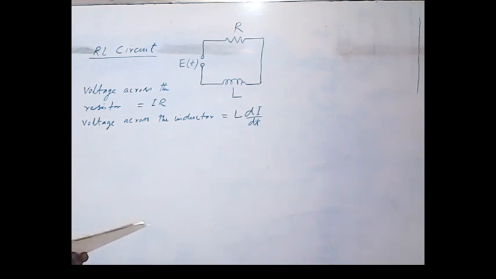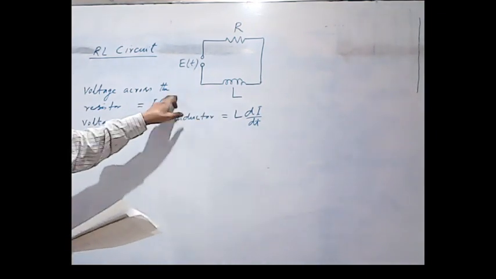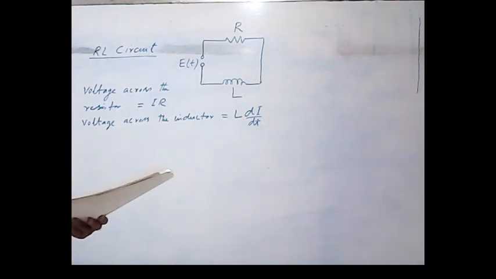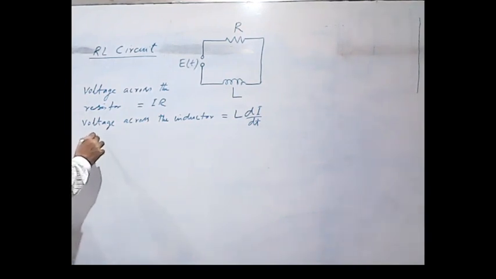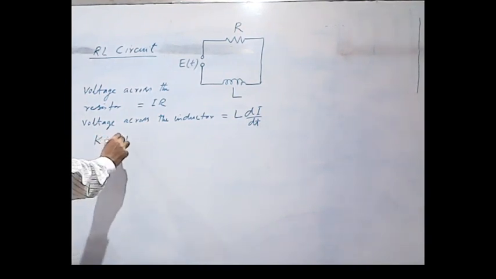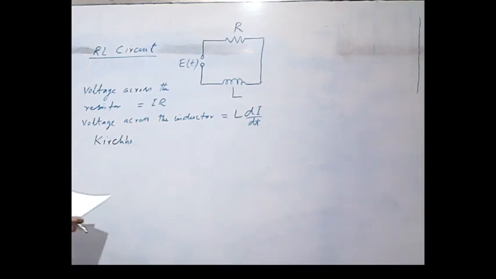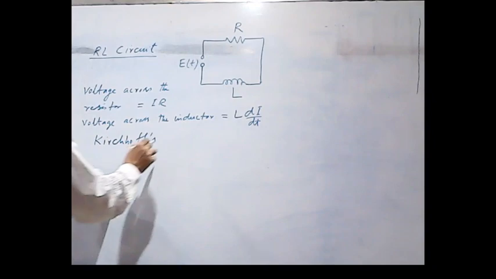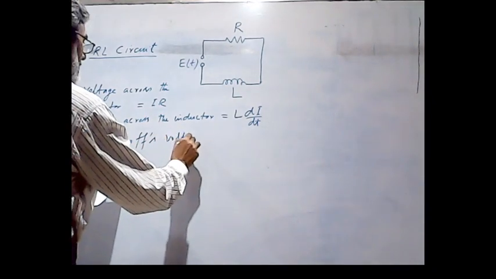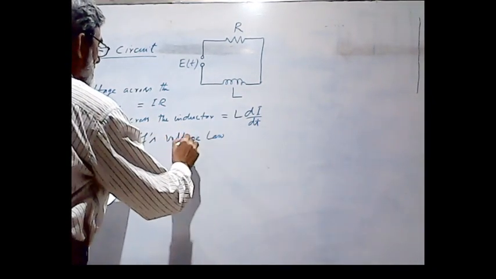The rate of change of current with respect to time, t is the time, L is the inductance. The voltage drop across the resistance and the inductance is given by this. Then applying Kirchhoff voltage law,